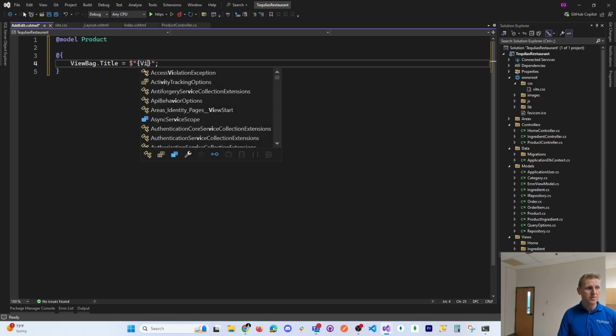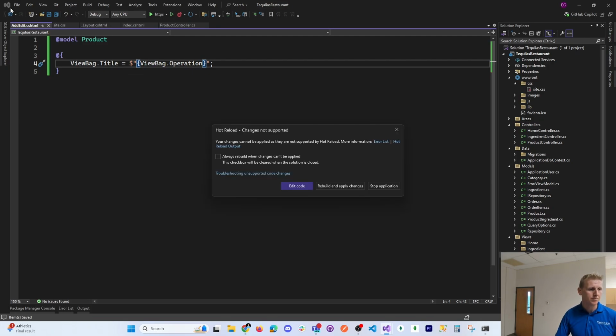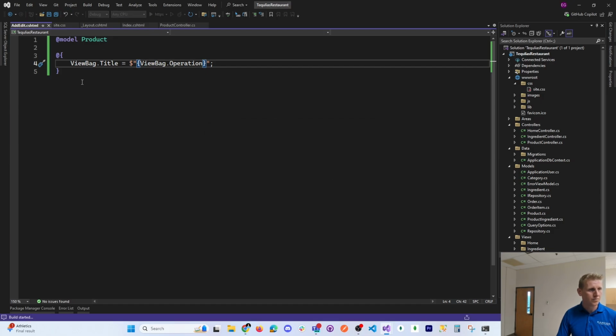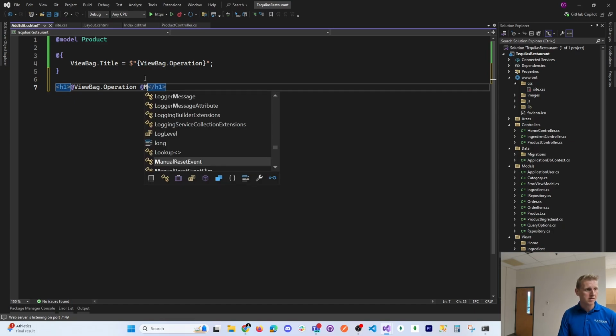We'll put view bag operation. So let's either say add or edit. And let's put a little h1 here. Let's say the view add